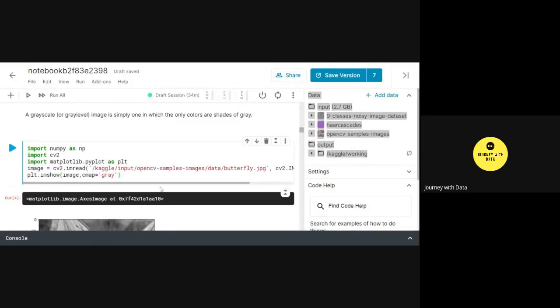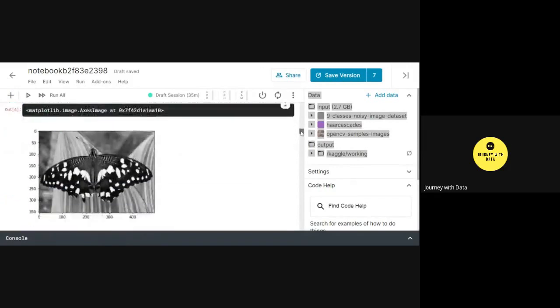Same thing, I am using butterfly.jpg with cv2.imread, and as I told you, to read an image in grayscale mode, all you need to do is set the appropriate flag, IMREAD_GRAYSCALE, and then display it and set the corresponding color map, the cmap, as gray. If you just write these two lines of code, you are done, and you can see that the colored image has been converted to a grayscale image.